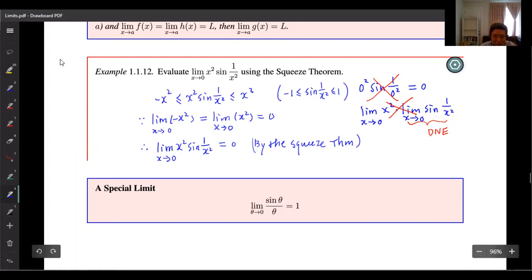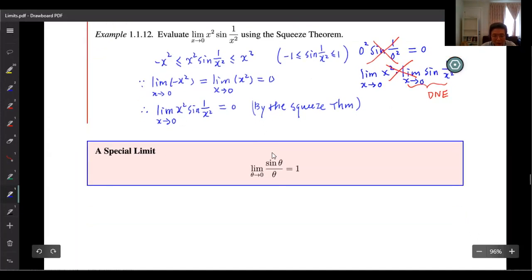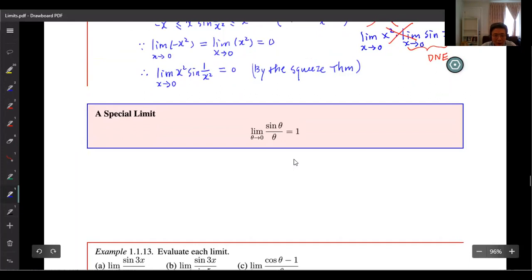Last one, I want to introduce a special limit because we use this a lot, very often. So I just introduce it here without giving the proof. The proof actually is very elementary, meaning it uses geometry in the unit circle, right? Here we use theta, because we treat it as an angle, right? When theta approaches 0,